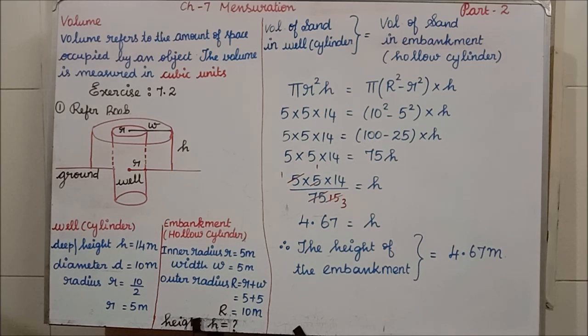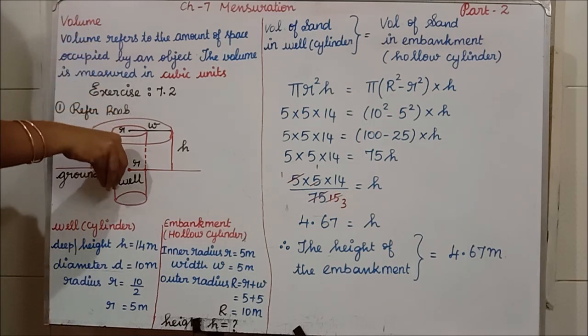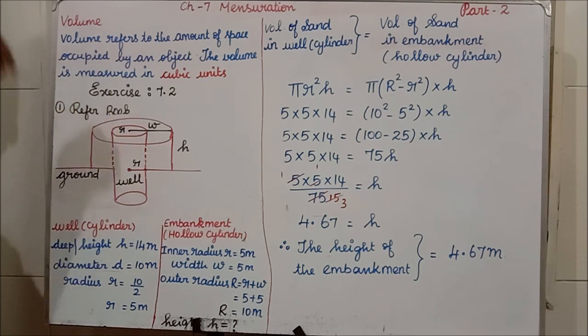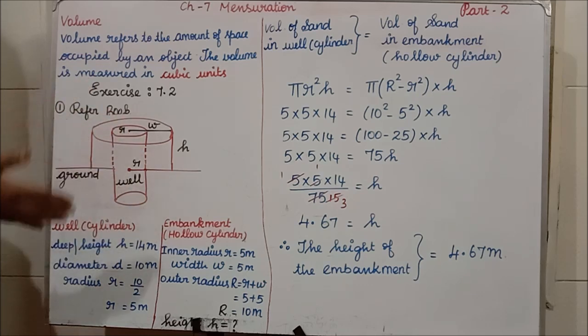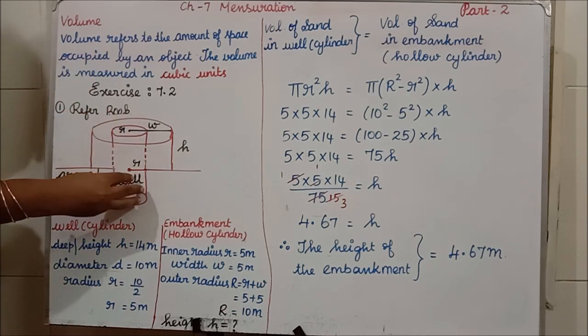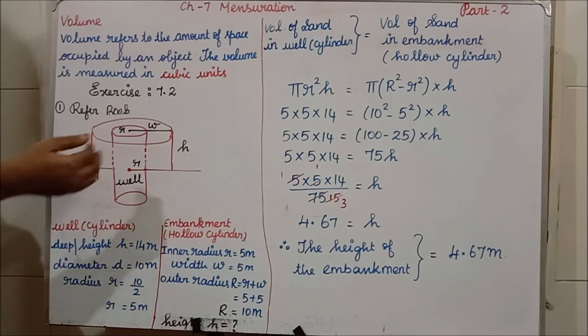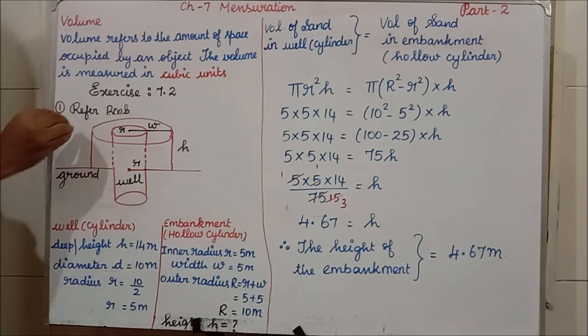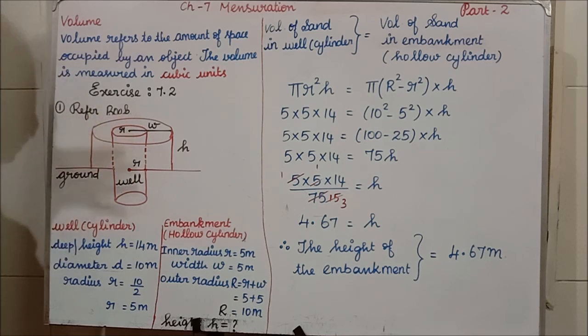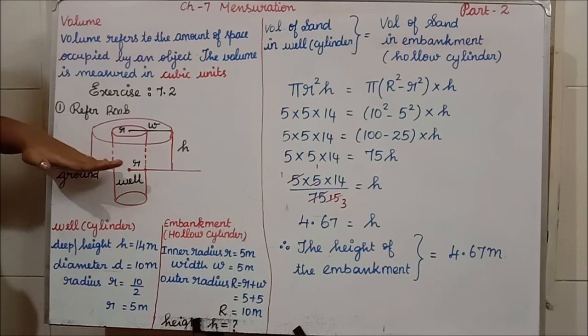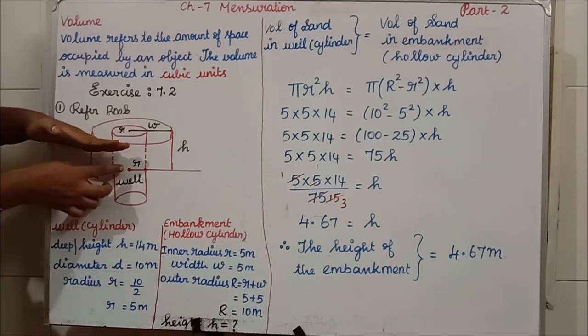Students, I am going to tell you what they are saying in the question. In the question, one man is inside the well. He is digging the sand. After some point, some sand will be inside. He is digging, and that sand he takes and puts here and spreads everywhere. Well means it will be in the shape of a cylinder, we all know, isn't it? Now as if it is the ground level, the man is inside.